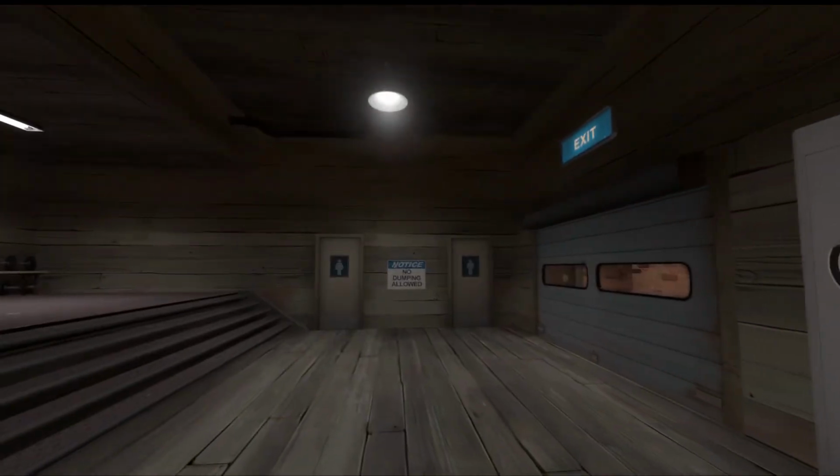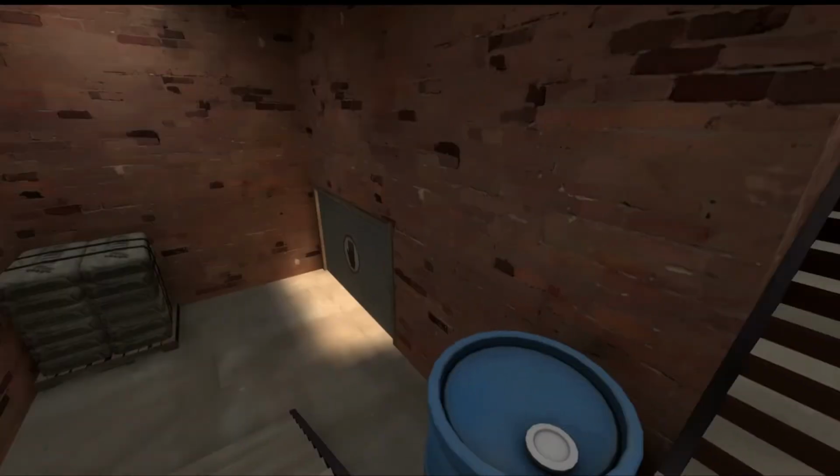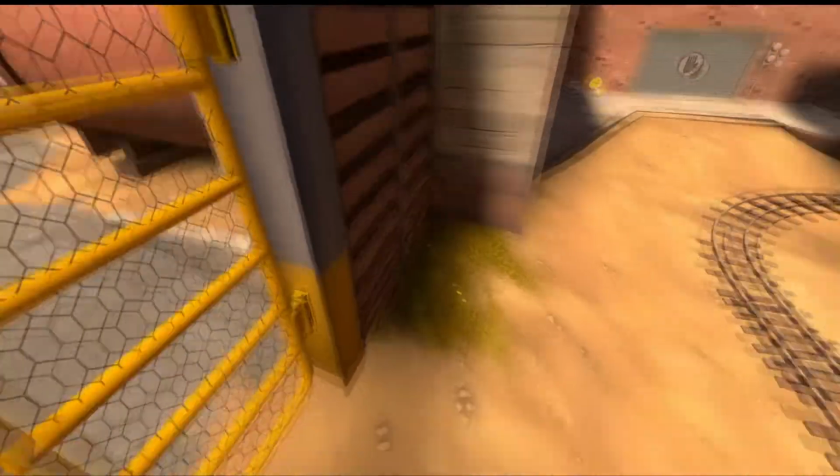When C is captured, they spawn up here, and then they can use that to attack D. They can go this side. They can go out this door, which also lets them go around to that lower path over there, or pop out from over here. If they go out this side, they can then go through this gate,